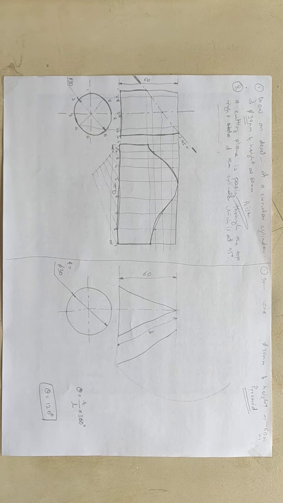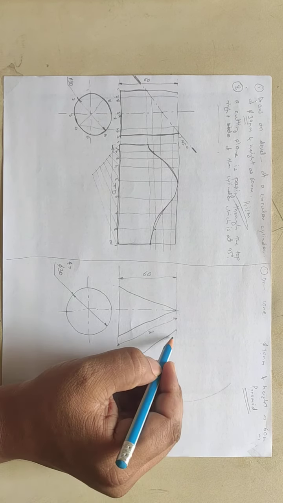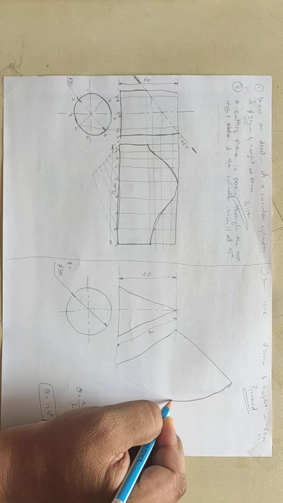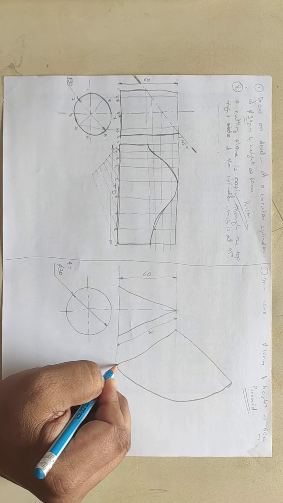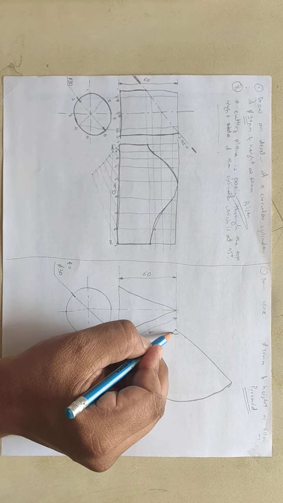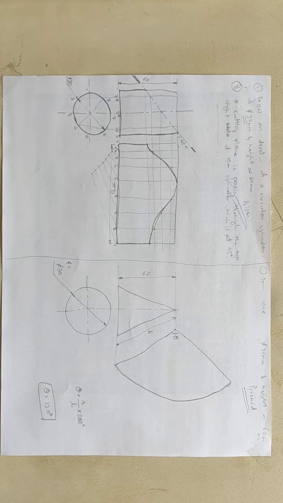So what we are going to do is draw a point which is at 120 degrees from this particular line. Then we will extend this line till this particular curve, and this curve will be darkened. And this is what will be the development of a cone. Understood? So only this much part you need to draw. The additional part, what is there in the additional part, that we will see in the next lecture. Thank you.